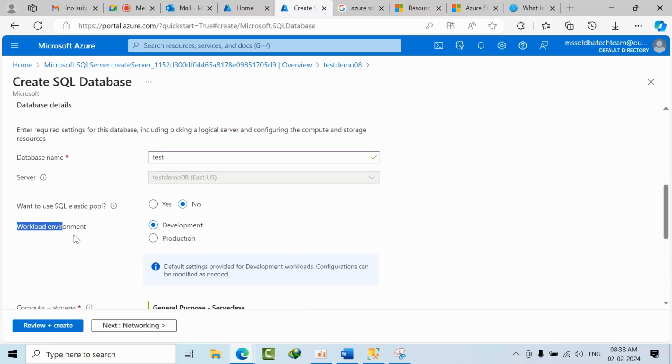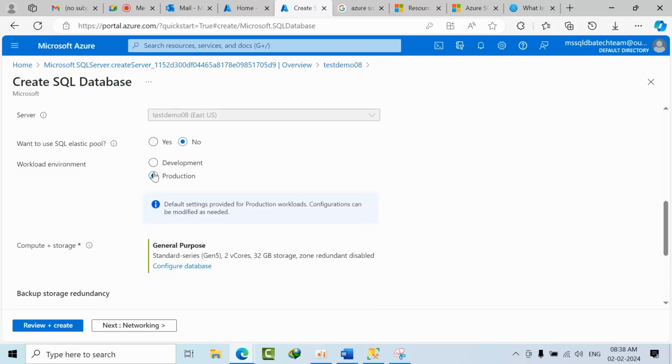Here workload environment is like a new type of option, to do some magic, not kind of magic, they want money, right? If you select production, they will choose a high standard of SQL Server so that they can get more money. By default, this doesn't mean anything.